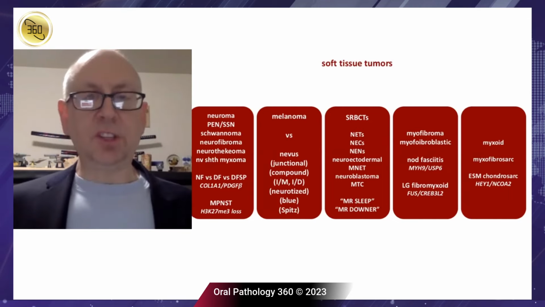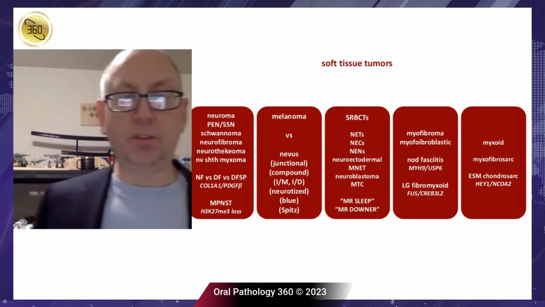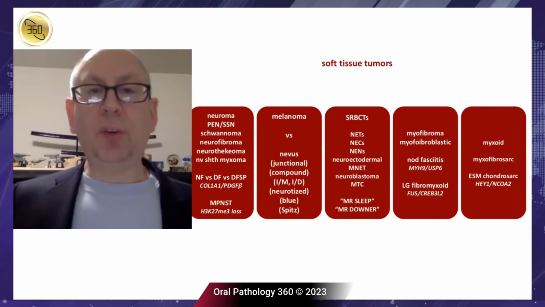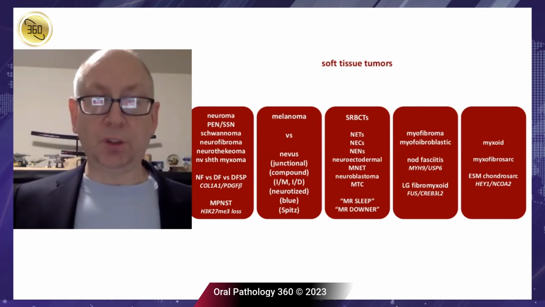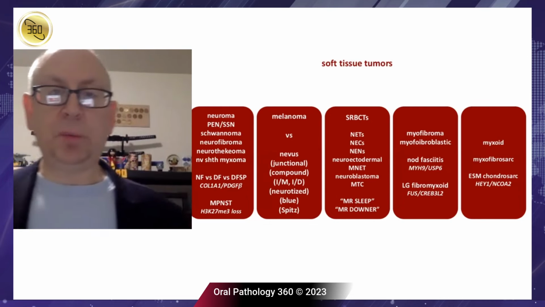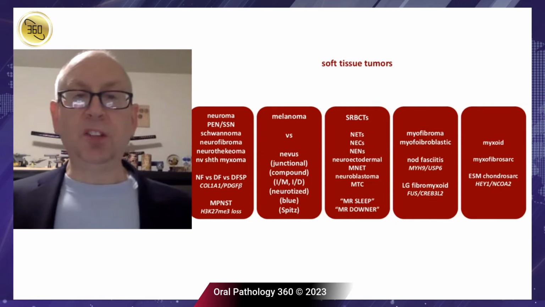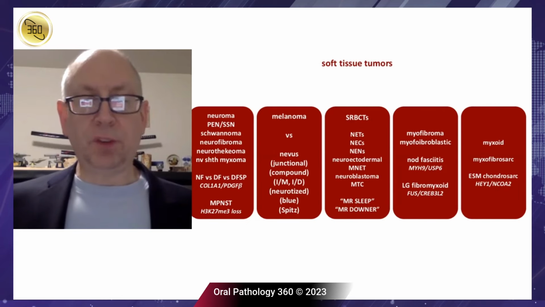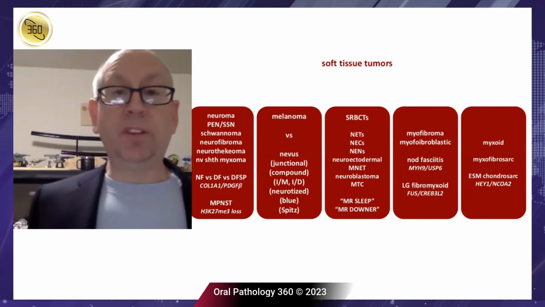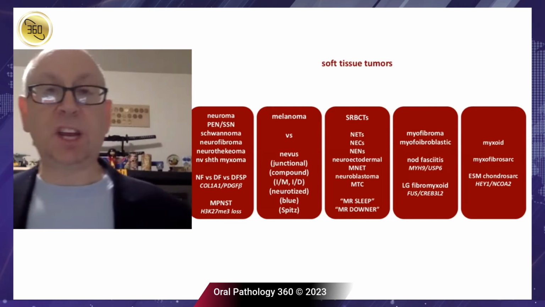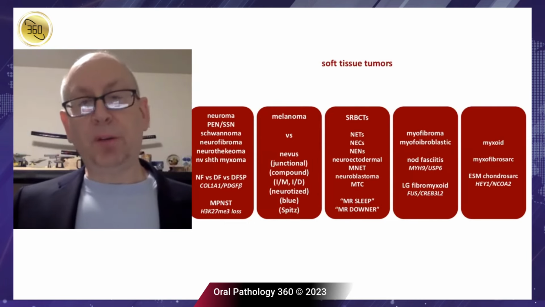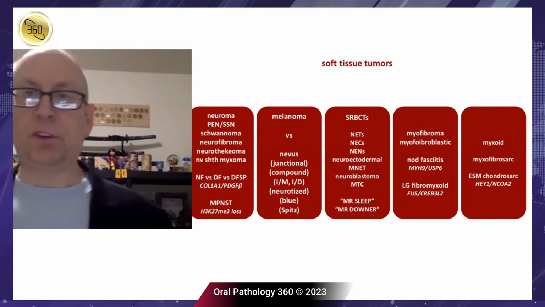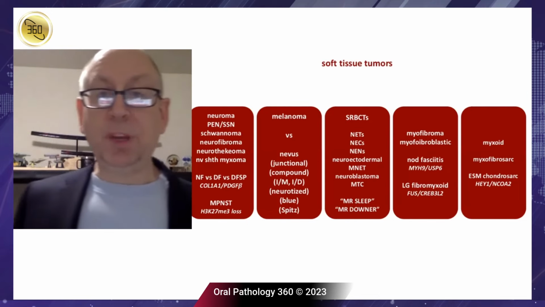Then there's melanocytic lesions that you can view as soft tissue tumors, right? And the challenge is to figure out, is this benign or is this malignant? Then we have all the SRBCTs, right? The small round blue cell tumors that oftentimes will show up in the sinonasal complex. And our job is to tease out either genetically or through immunohistochemistry. And we'll try to talk about that a little. Which tumor is it? Because it matters more and more for not just diagnosis, but for therapy. Then there's all the myofibroblastic tumors. So our job is to figure out, are those reactive or are they the first sign of some low-grade fibromyxoid tumor?